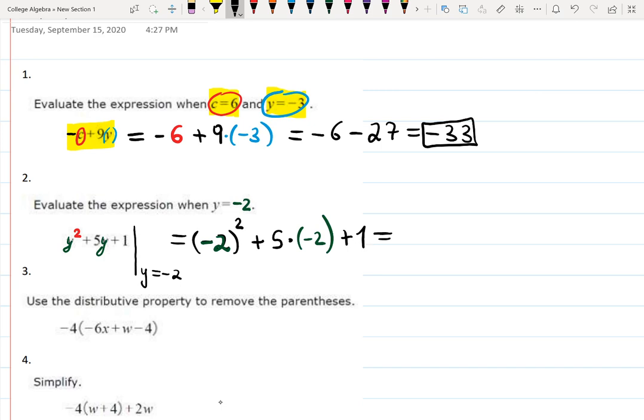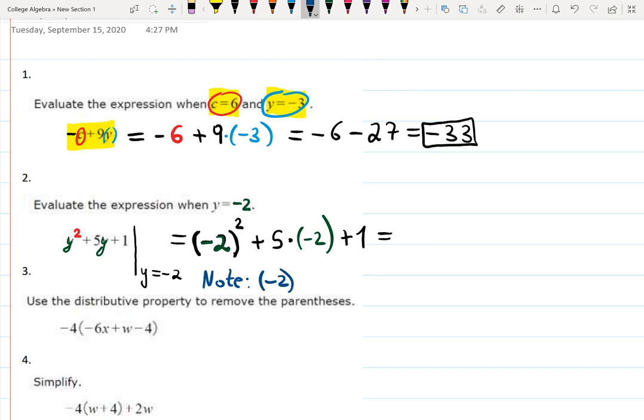Each function is basically a rule, and it does whatever this rule says to do with the input you're given. So in this case, we're squaring the input, then multiplying by 5, and then adding the results and plus 1. Put parentheses everywhere, like I said before. This will prevent you from making mistakes. Because for you to know, note,